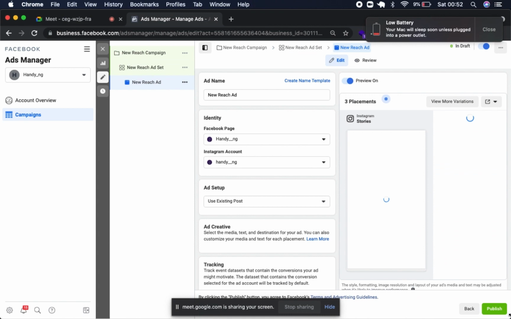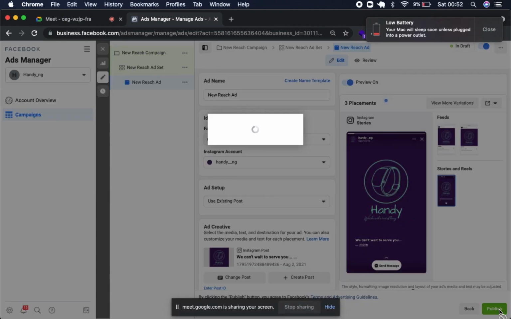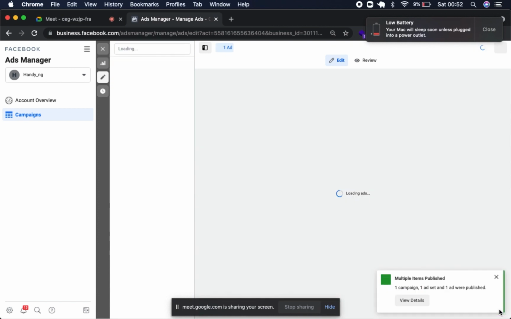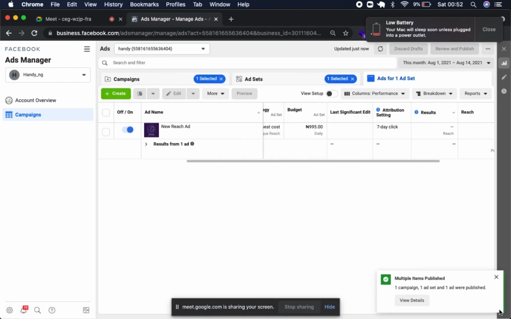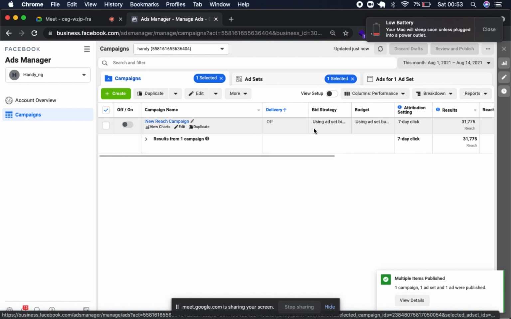So yeah, and we automatically just run our first ad. So if you come here, you see that it will be pending right here.